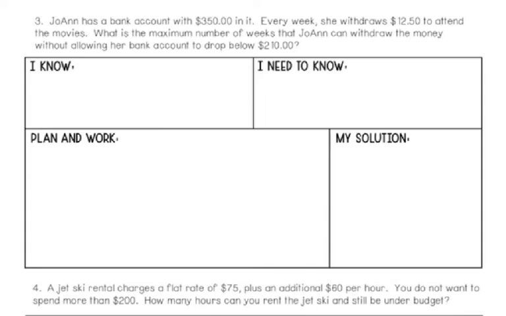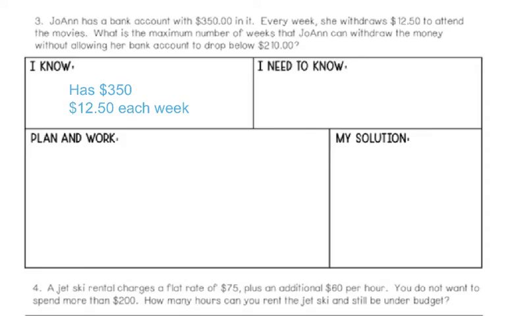Next problem says Joanne has a bank account with $350 in it. Every week, she withdraws $12.50 to attend the movies. What is the maximum number of weeks that Joanne can withdraw the money without allowing her bank account to drop below $210? After reading the question, I know that right now Joanne has $350, and I also know that she spends